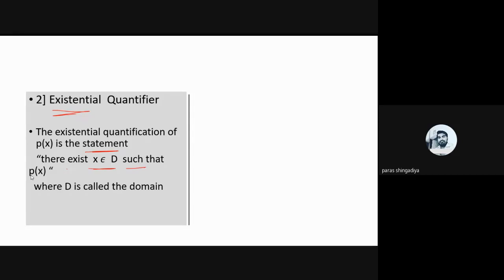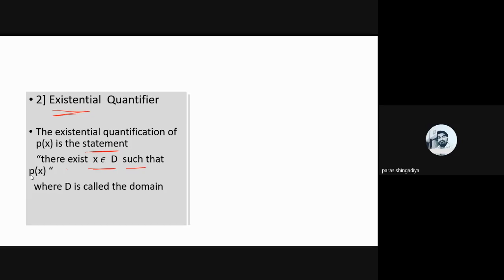We have one domain, known as the domain of discourse, it may be anything. Now consider one value from the domain, and we check p of x. If it becomes a statement, then we can say that this form, this p of x, is known as an existential quantifier. A value should exist in the domain where p of x is a statement, meaning p of x is either true or false, but not both. And you only have to consider a single value of the domain. If it is true, then you can directly say that this formation is called the existential quantifier.